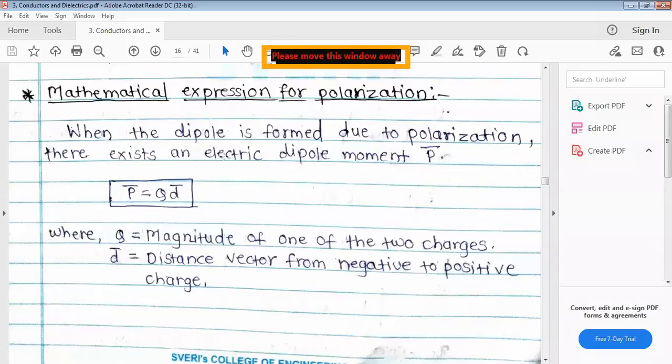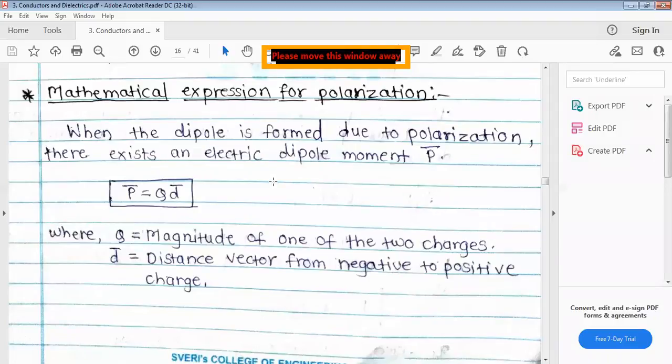For the electric dipole, the equation is different, meaning we are finding the electric field intensity there. We can write the electric field intensity equation and the potential equation for the electric dipole. When we are considering the dipole moment, that is P bar, it is given by P bar is equal to Q into D bar. We have already derived this equation.